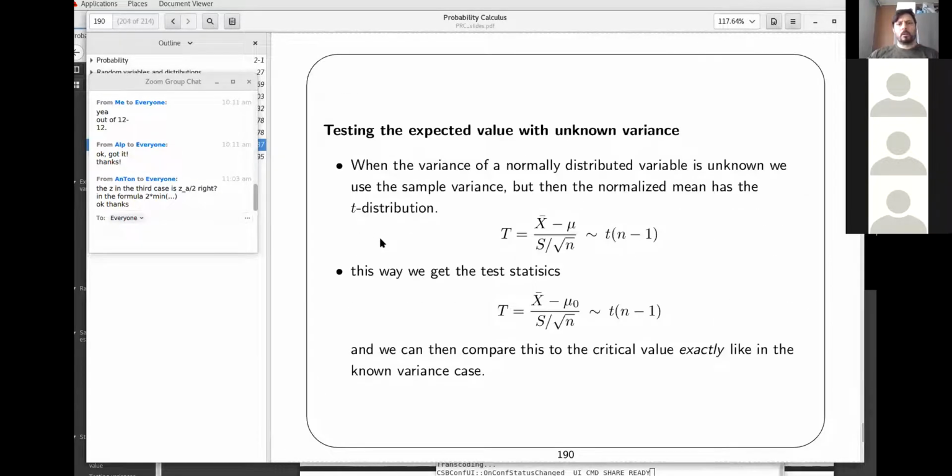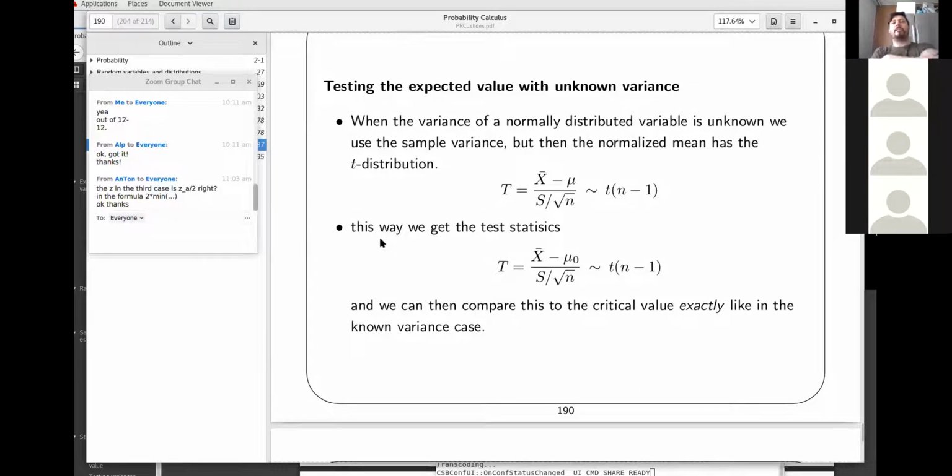Okay, so that was the test when we knew the variance, and it was our simple test. But when the variance is not known, and this usually is not the case that we know, we just have sample variances, and the normalized mean has the,